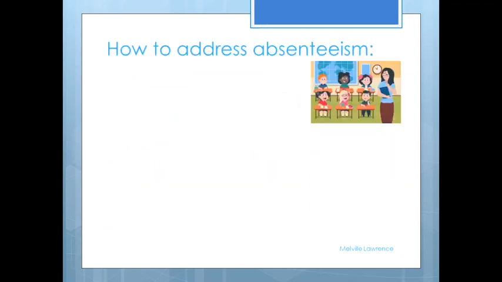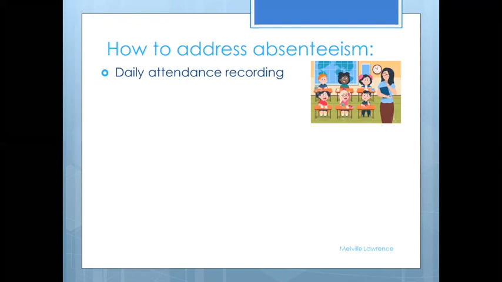The next slide. Now, how do we address absenteeism here at Niederberg Primary? We all want everybody to be in school, all desks full, all 850 each and every day in school. The first thing I said, we have the daily attendance recording. We all have to do that. But as I said, we have another register where we only record the absenteeism. The next one, we then do home visits. It's either the teacher, or we have our caregivers, our field workers of the Kula Development Group doing that for